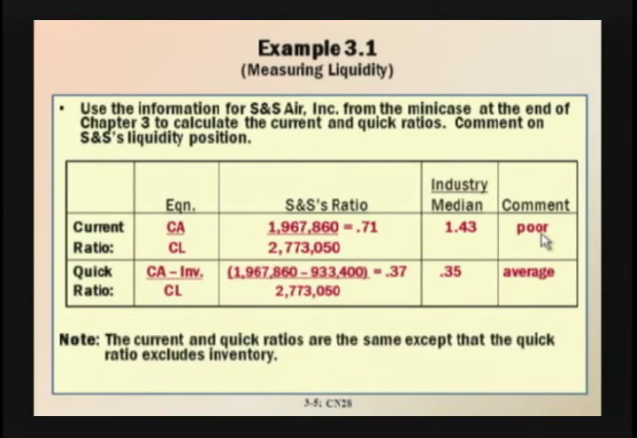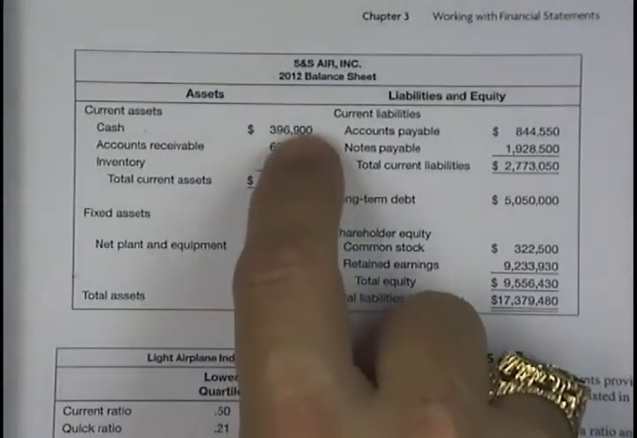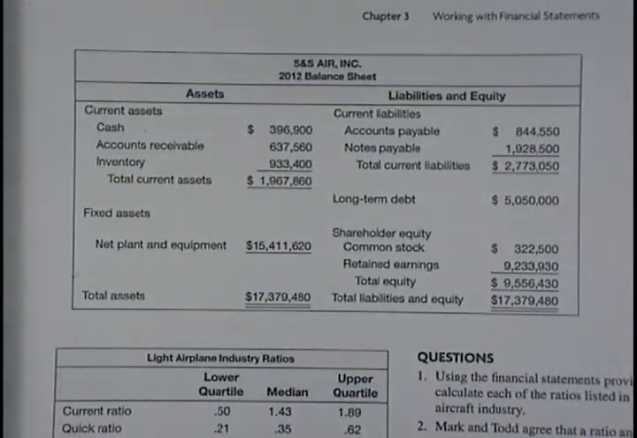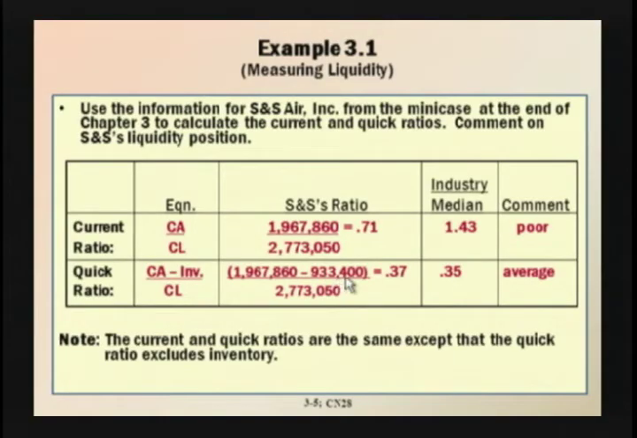The quick ratio is another measure of liquidity. It looks at all the current assets other than inventory, because inventory tends to be the least liquid of the current assets. So we'll take that same subtotal for current assets, $1,967,860, and I'll back out or subtract off the inventory, $933,400, which was given on S&S's balance sheet. I subtract off that inventory and divide that numerator by the same current liability total we used before, and